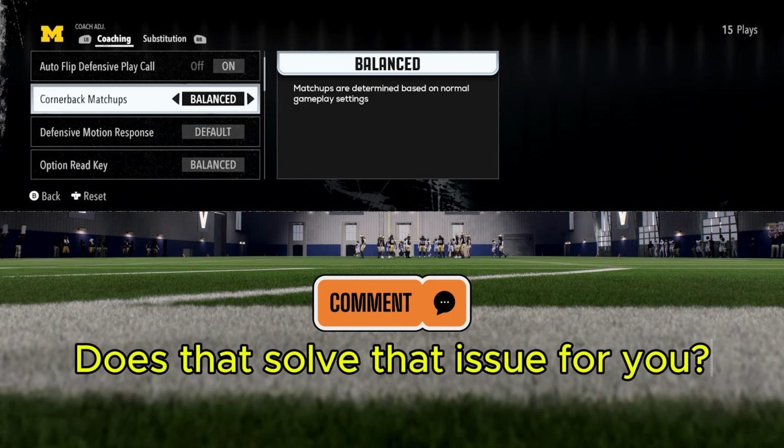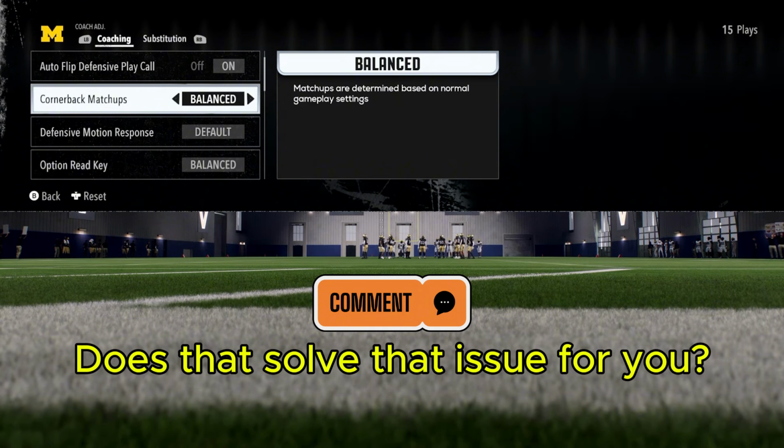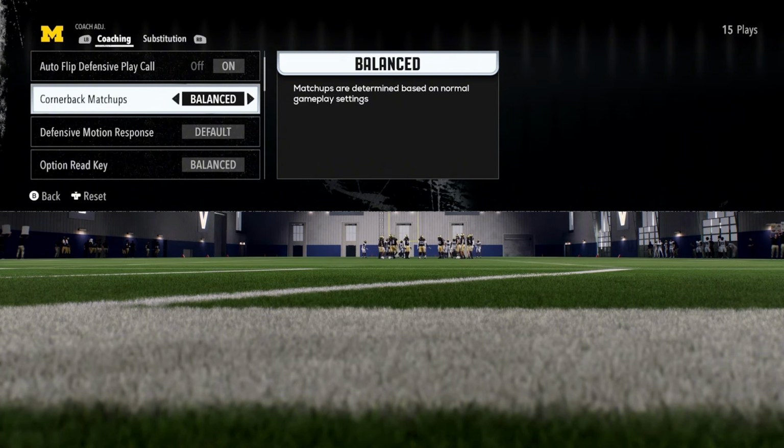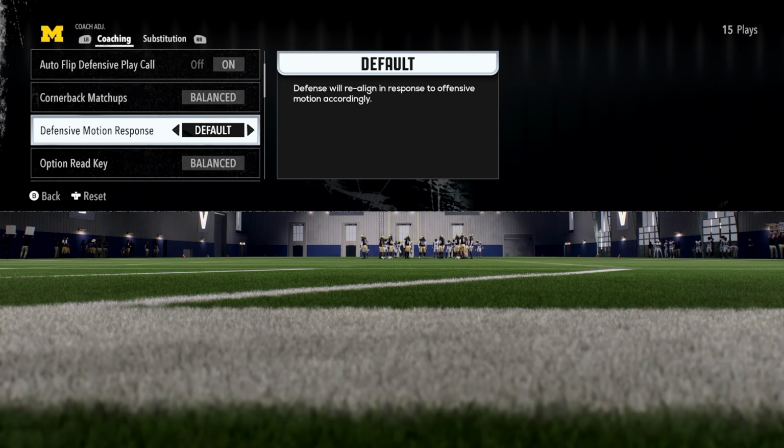Let me know if you guys have any other questions about this specific setting, because this is a bug in the game that EA is working on, I'm sure, in the next patch. But this is a very good solution for it, and if you're just getting started and you can't really figure out why this is happening to you, just make sure this is on balance. But as far as the rest of the coaching adjustments here,